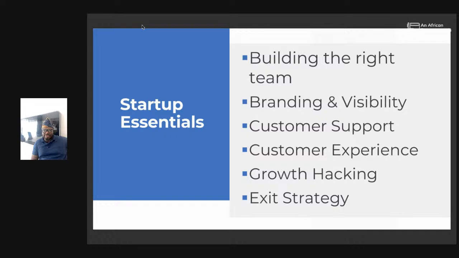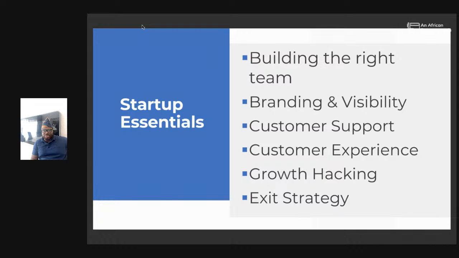Customer support is very important. People take this thing very lightly. If you're going to use technology, you can do a hybrid of both, where you have technology to interface, but after a while, you get people to take over. So we're going to take you through what kind of customer service you need, and to what volume you need to outsource it. What kind of technology can you use to help yourself grow your customer base?